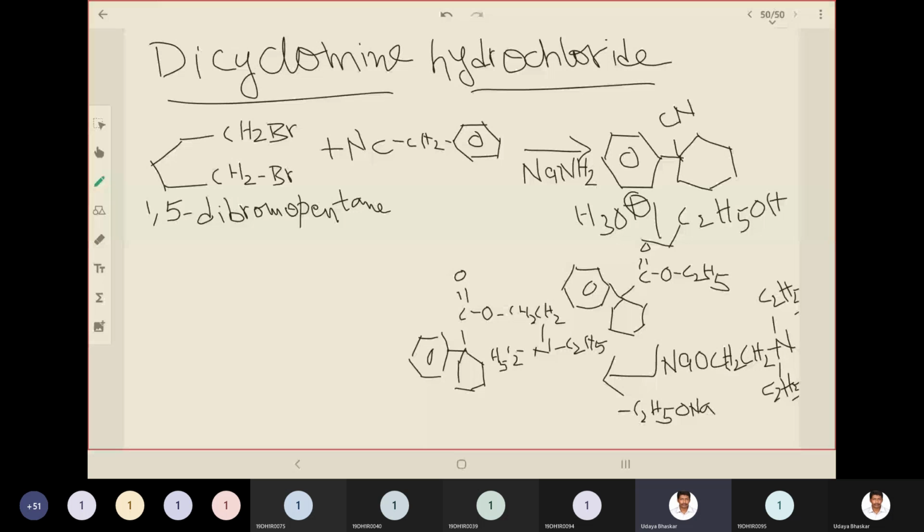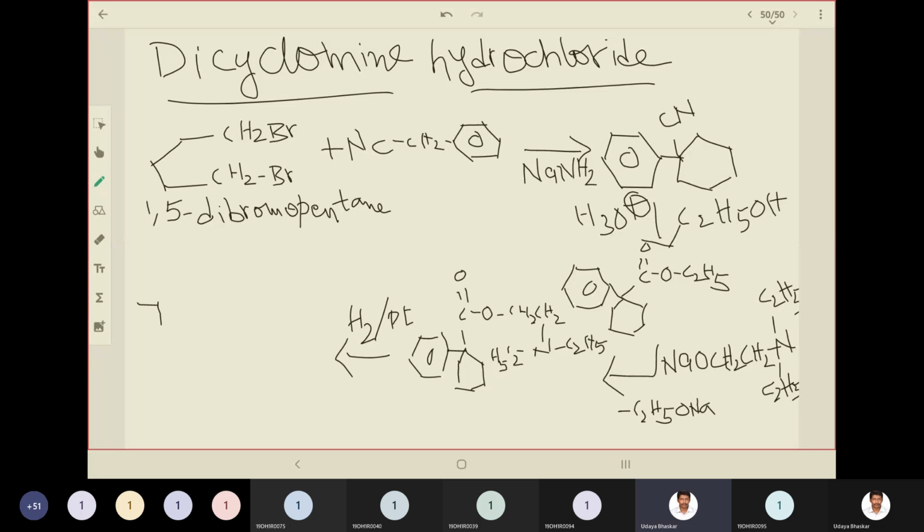So this intermediate, if compared to the final structure, we have everything that is required to be the final structure of dicyclomine, but the only thing is we need to remove those double bonds. Those double bonds can be removed by adding hydrogens. Adding hydrogens is hydrogenation. Hydrogenation can also be called reduction. So we use hydrogen gas and a catalyst, that is platinum, to reduce it to get dicyclomine.